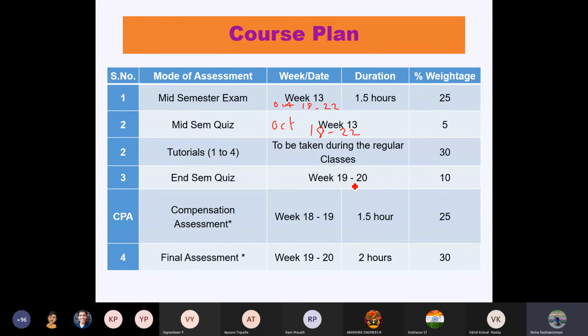Once the course plan is ready, I'll pass it on to your class rep, who will formally share it. But anyway, the course plan is important only for this examination. So please note down what we are planning to have, and please try to be punctual.